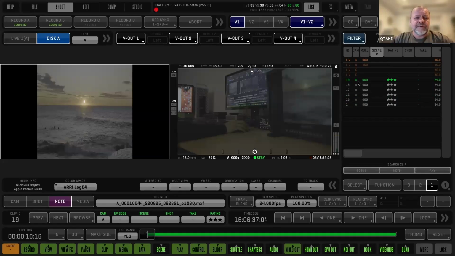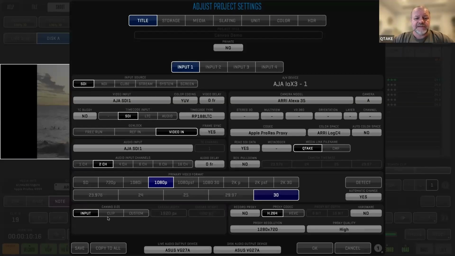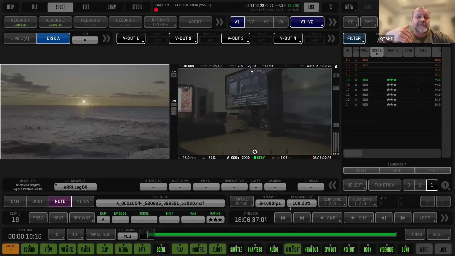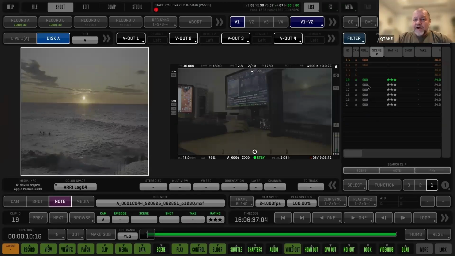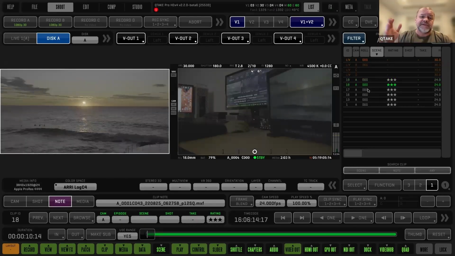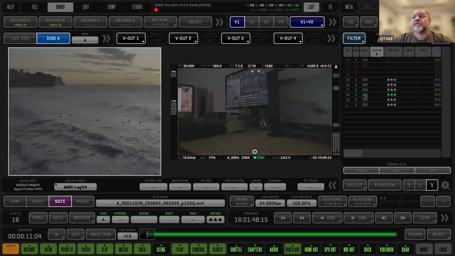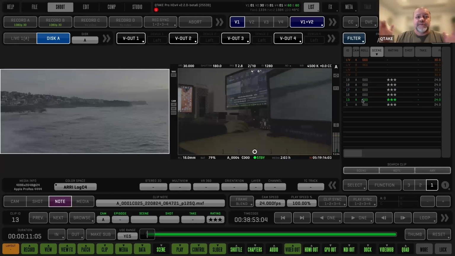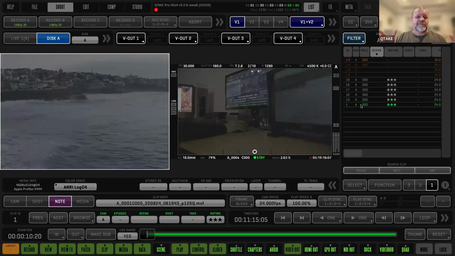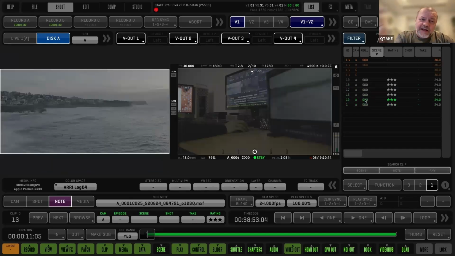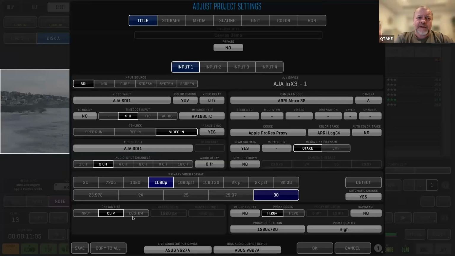However, now if we go to the project window, we can set it to clip. So your canvas size will change based on the clips, right? So now when loading the clips, your canvas will match the clip resolution, clip aspect ratio, right? So in case, for example, you just want to simply export, every clip will be exported in its native aspect ratio. But there is also a custom mode, which is probably more interesting, because if you're shooting a project, you